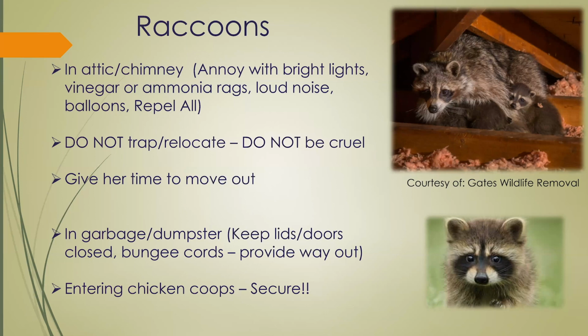Now, this is one of the number one calls that we get all the time: I've got raccoons in my attic. I hear babies. There's something up in my attic, I don't know what it is. But what we try to tell people, because we get these calls too often, is that they've relocated a mom several weeks ago or several days ago, and now they hear crying babies. They've got animals that are dying up in their attic, and there's a foul odor now,